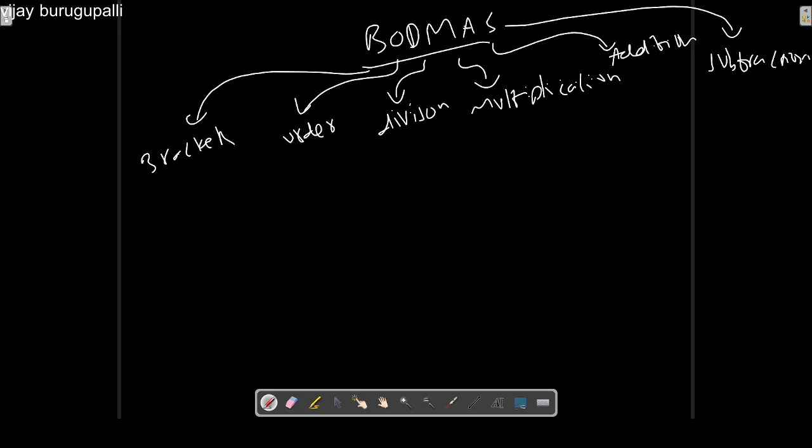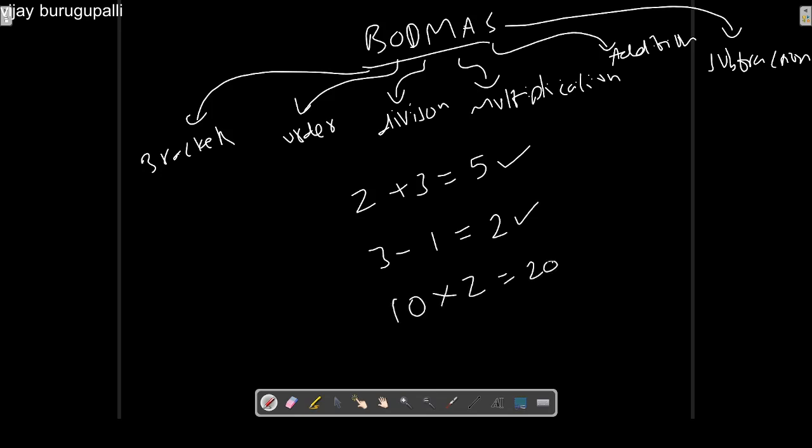We already know very well about arithmetic operations like addition, subtraction, multiplication, and division. For addition, we will add two numbers and that will generate sum. In subtraction, we will remove one number from another number. It will generate difference. Similarly, if you want to multiply two numbers, we will multiply those two numbers and we will generate product. And if we want to divide two numbers, we will divide and quotient is generated.